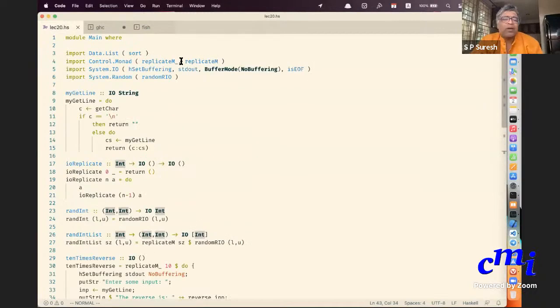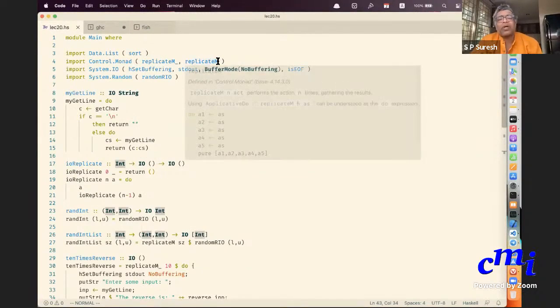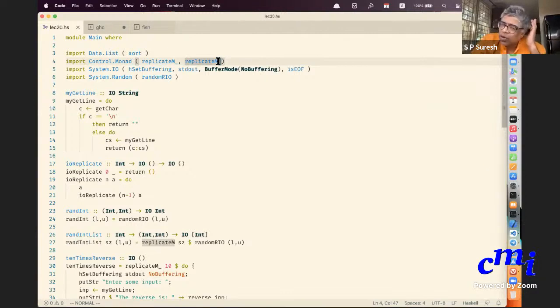So again, you don't need to worry about remembering all these things. When I ask you to write programs, whatever is useful, you look at my slides, you look at these programs that I'll upload for reference, and you can import those library functions. So import this thing. I want to also import forever.